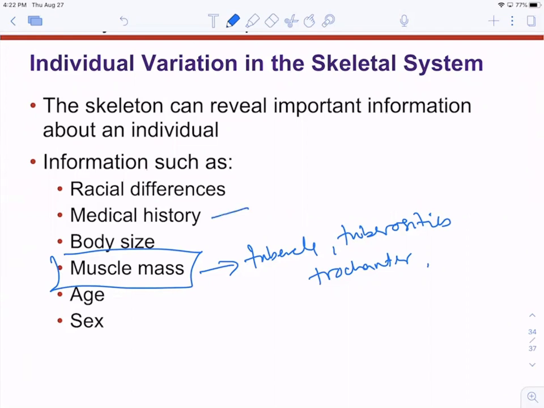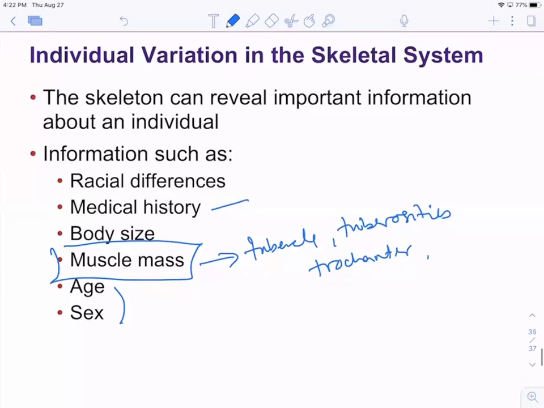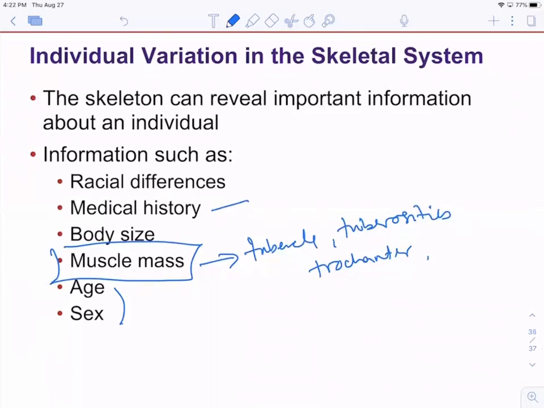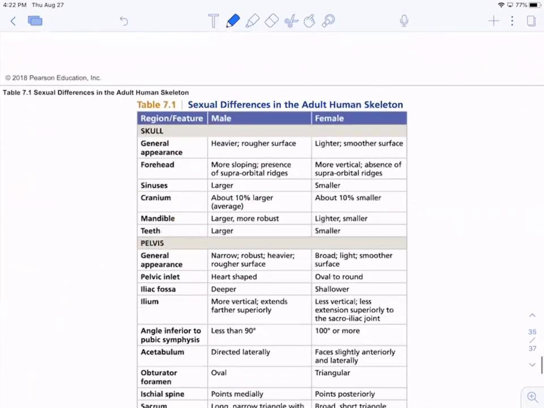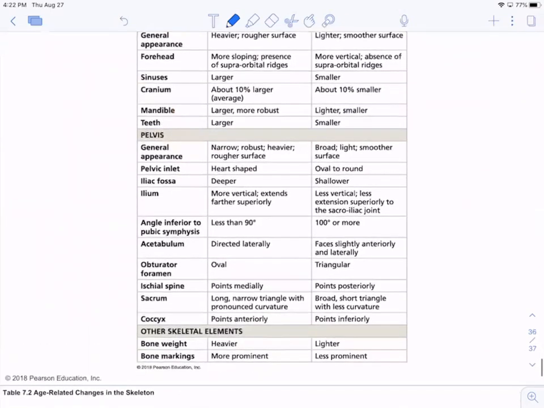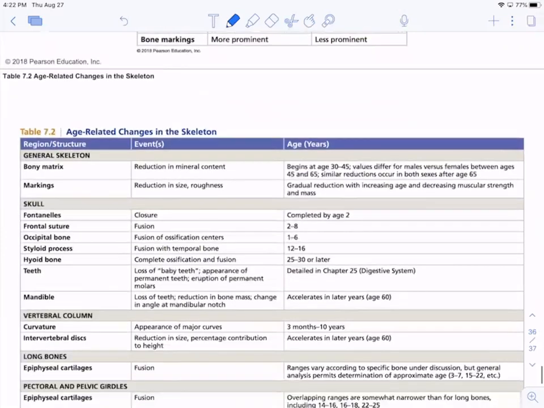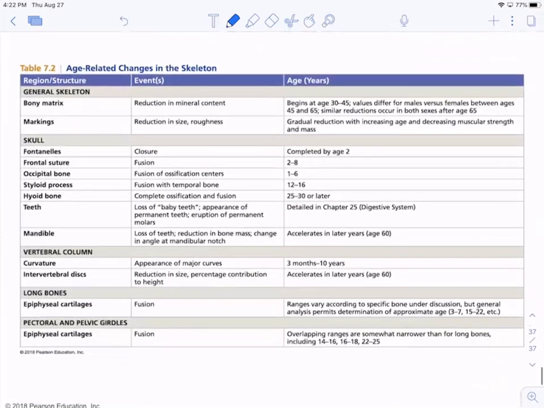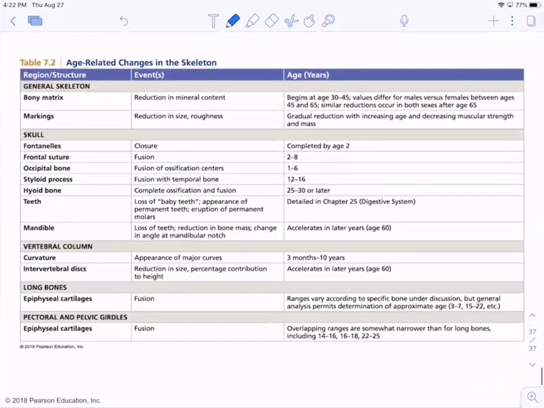You know, medical history, if you have a malabsorption issue or you're taking medications, and then obviously testosterone for males tends to promote bone density and bone growth. It's less in females with estrogen, and age plays a role too, because bone density is determined by hormones to a large extent. So this just is a couple of other tables, age-related changes,